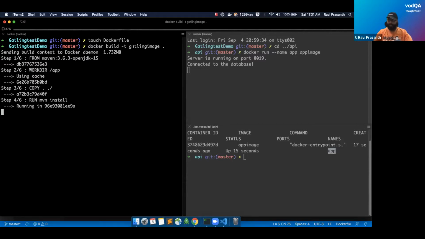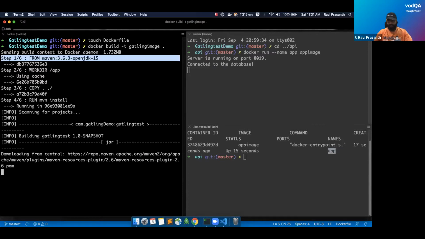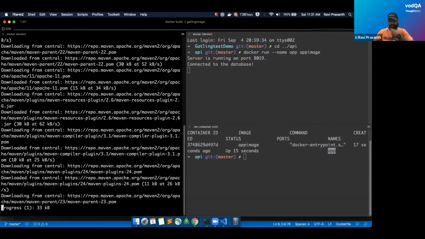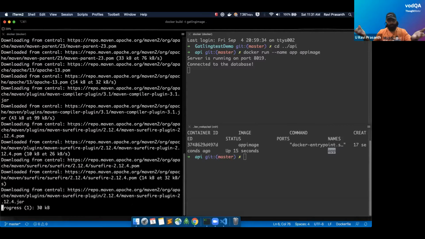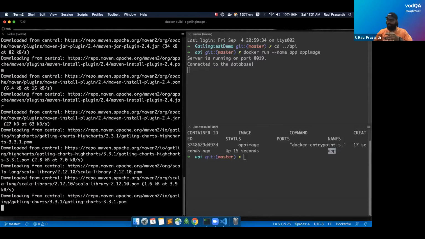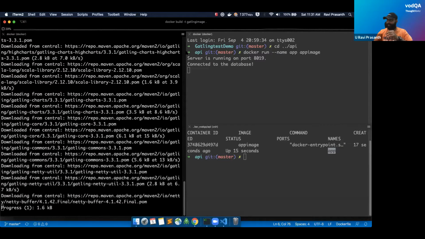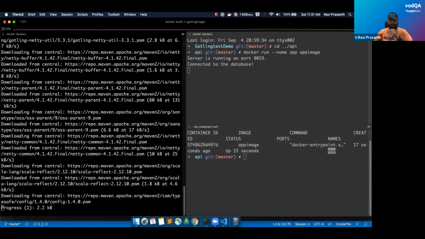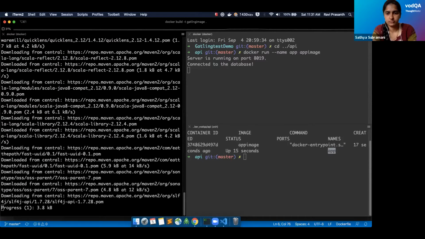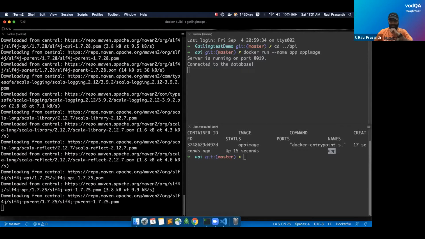So now you can see Maven is already pulled and now it is running the npm install. You would know that Maven is kind of a dependency manager where it downloads all the dependencies, right? So this might take a minute or two. Meanwhile, if you have any questions, we can answer those. We'll utilize this time for that. Else we'll have to wait for this Maven thing to do its job. No other go.